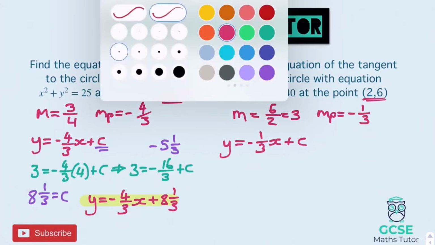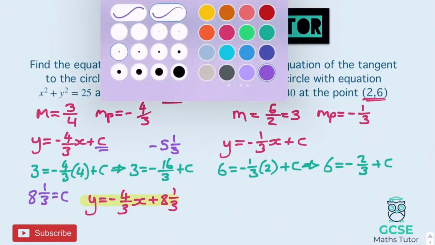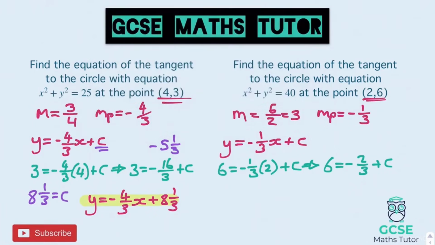And then subbing in these coordinates, so 6 is y, so 6 equals minus 1/3 multiplied by the x coordinate 2 plus c. And if we tidy that up again, we get 6 equals minus 2/3 plus c. And then we can add that over. We don't need to convert that into a mixed number this time, but we can add it over. So add 2/3 onto 6. We get 6 and 2/3 equals c, and then again we can put that in place of c and write